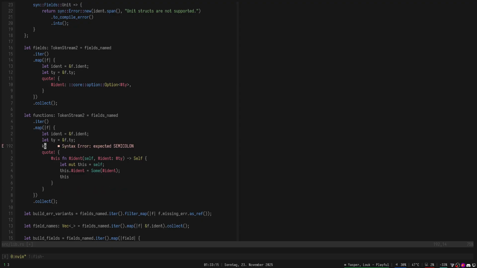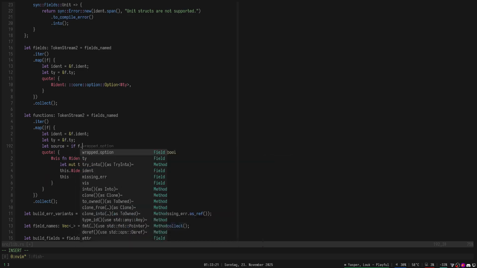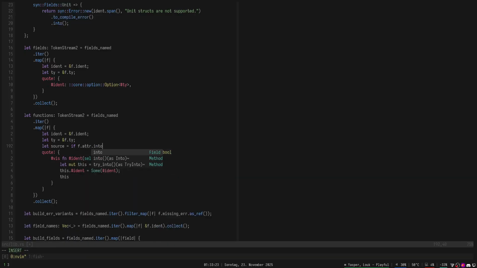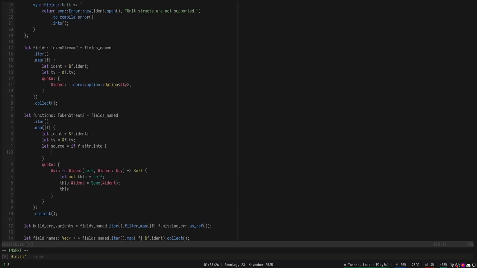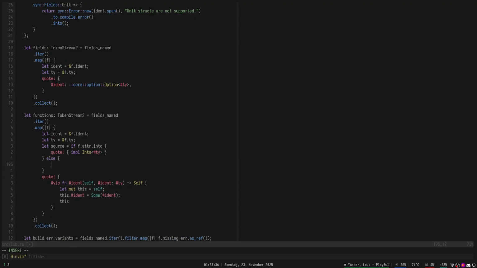No, let's do let source is, if adder into, then we're going to say quote, and it should literally just be impl Into Ty. Otherwise, we're just going to use Ty